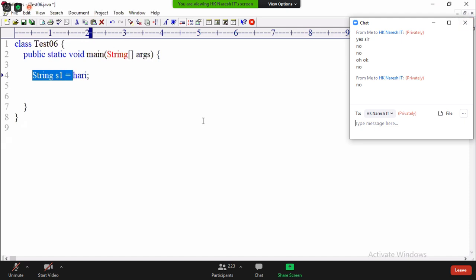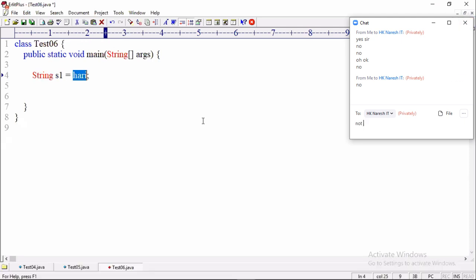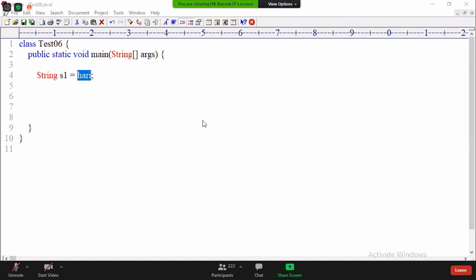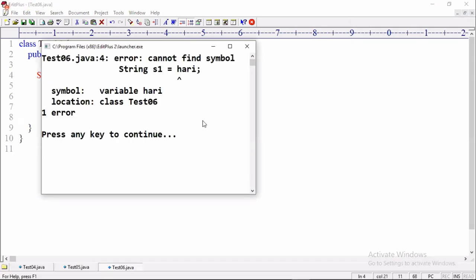Why? Like a character, Hari must also be placed in quotes. A character must be placed in single quotes, and Hari must be placed in double quotes. Is it clear? Then listen carefully. If you place a letter or a word directly, the compiler will throw an error. The compiler considers the word as a variable: cannot find symbol variable Hari.